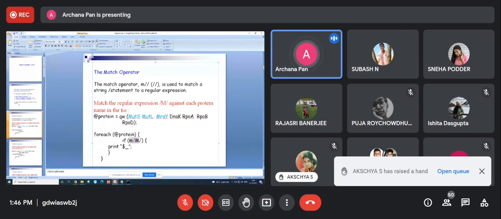Using this match operator, you check whether capital M is present in any of the elements. Yes, it is there in the first 3 elements.